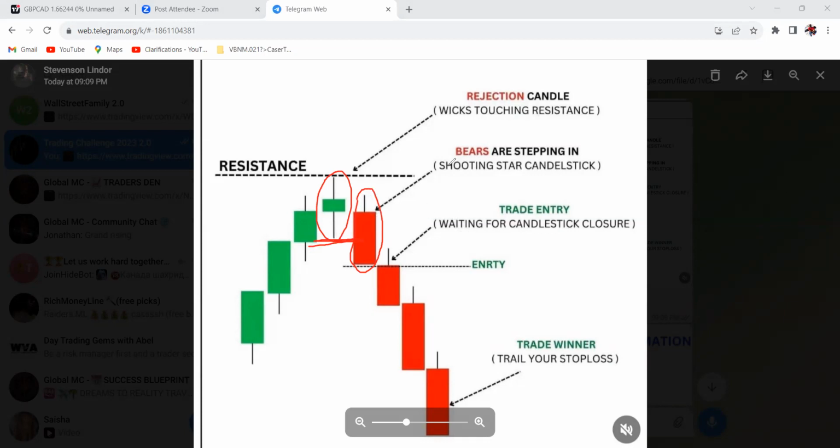That's why it says waiting for candlestick closure. That's very important. So if this happened to be a 1 hour, I want to wait for that entire 1 hour to close. 15 minute, I want to wait for that entire 15 minutes to close. 5 minute, that 5 minutes to close. 4 hour, daily, whatever time frame you're looking at, you want to wait for that time frame to close below that bullish or bearish candle. So in this case, this bullish close, perfect. The next candle that opens, that's going to be your entry.